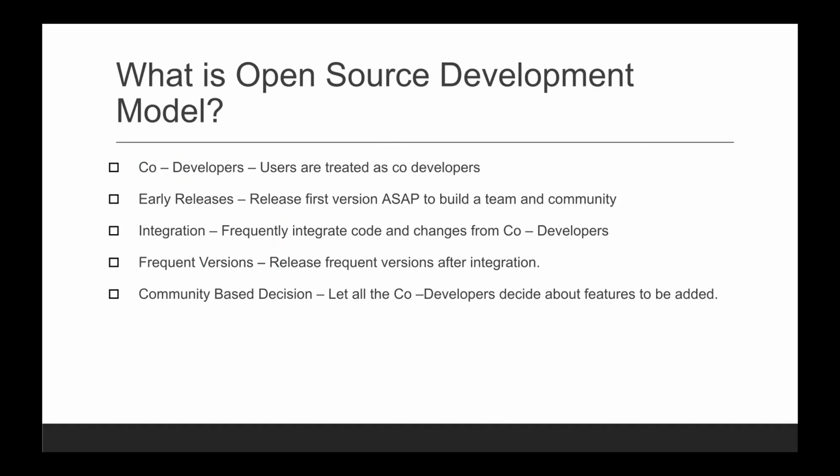Like you can fork the Git repository, then make the changes and generate the PR. And once the PR is merged, then you are a co-developer of that particular open source product. However, it depends on the owners of the GitHub repository if they want to merge your PR or not. But if they find it worth, then definitely they will merge it. So this is the concept, co-developers. In one open source product, there can be one or two co-owners, but there are lots of co-developers who are actively contributing to the open source product.